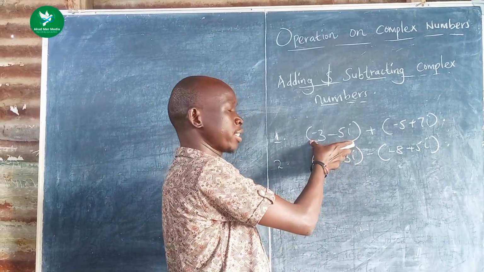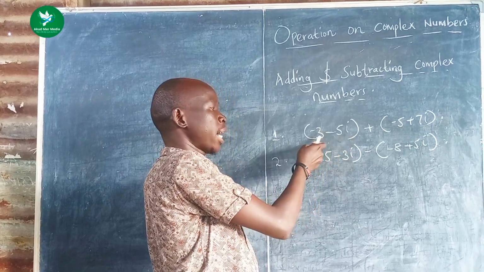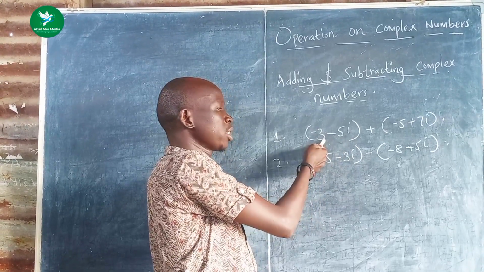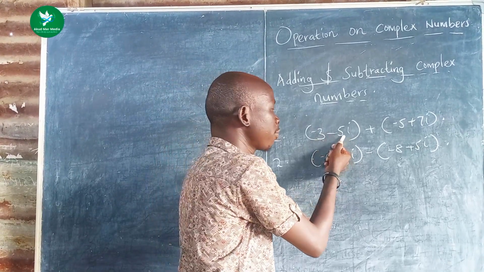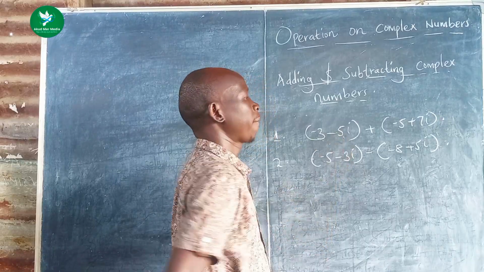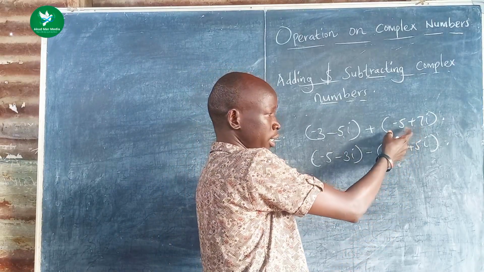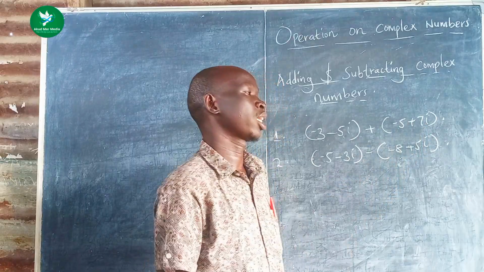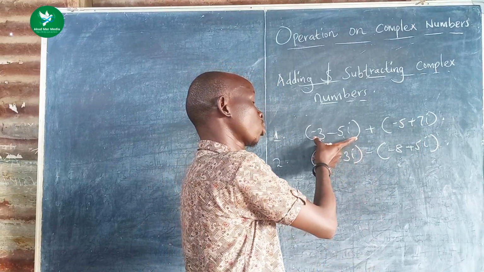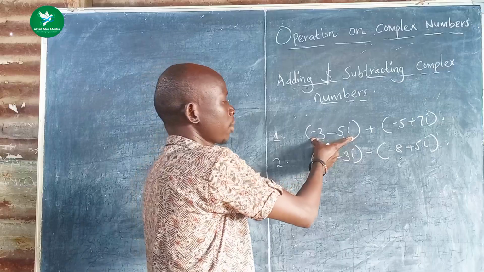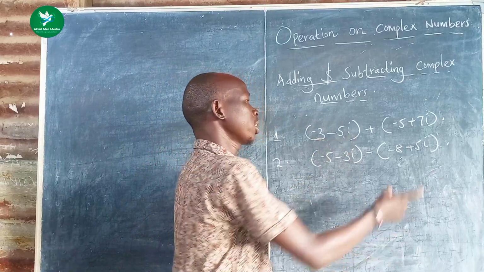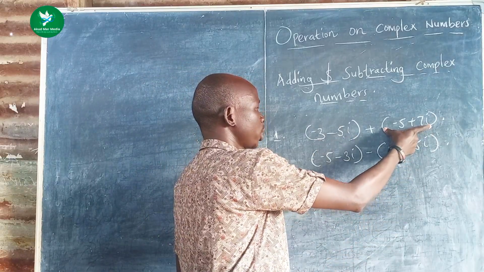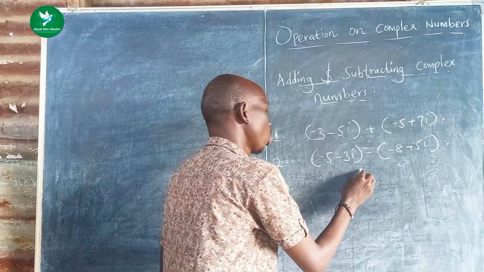Remember, the first bracket here is a complex number simply because it has a real value, which is -3, and an imaginary value, which is -5i. It's the same in this bracket: -5 is a real value, and +7i is an imaginary value. Therefore, we can conclude that this bracket is a complex number. The same applies to this one. So let's solve